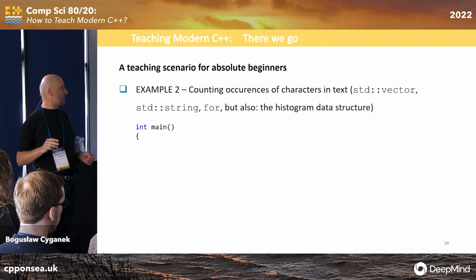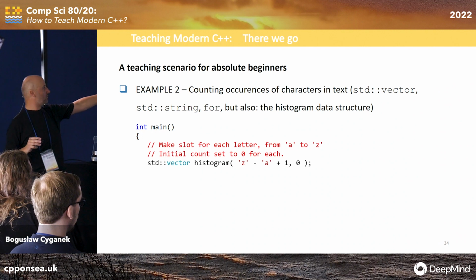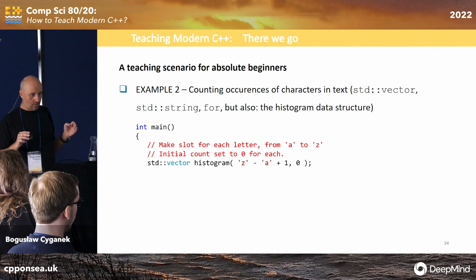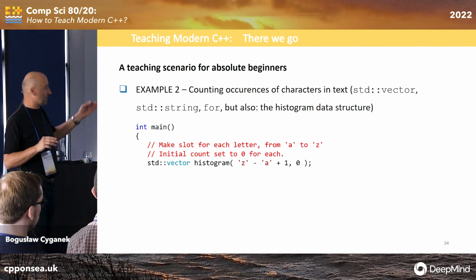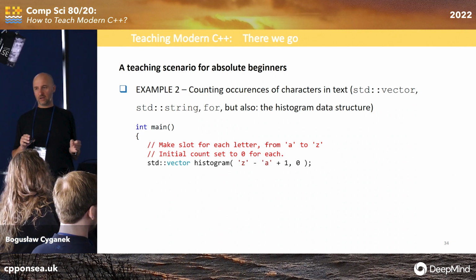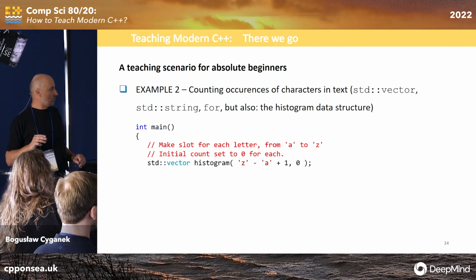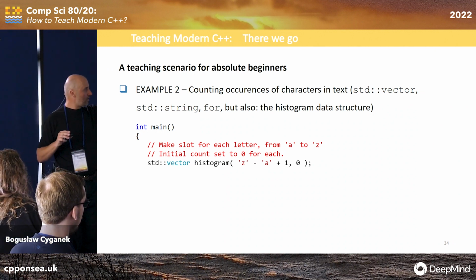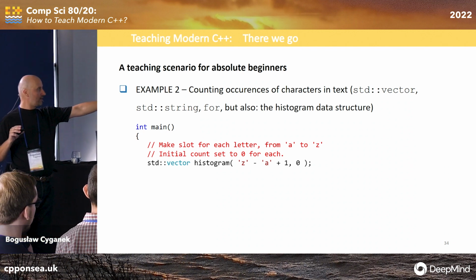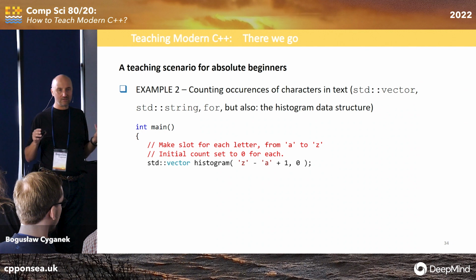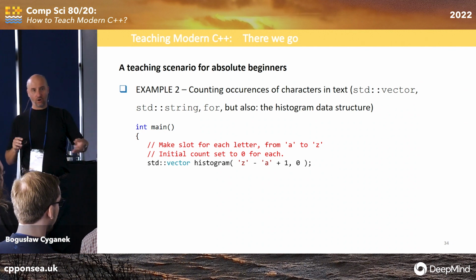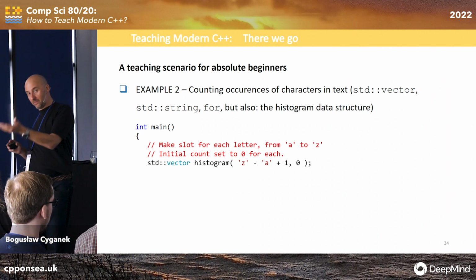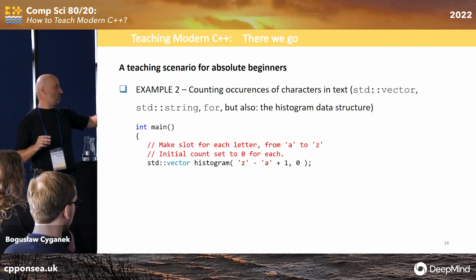So let's start with this. Again, main is our boilerplate, our framework, and we start with a vector. What we wish our absolute beginners to know is how to initialize a vector. It has two values: how many bins, and what the initial value of each bin is. And explain what I'm doing here: subtracting 'z' minus 'a' plus 1. What's that? Explain. These are ASCII codes. If this is one letter, 'a' minus 'a' would be 0, therefore I'm adding 1, and so on. This is what they should understand.